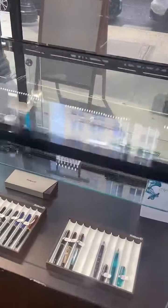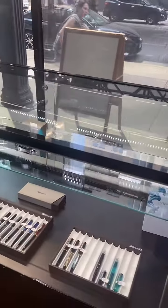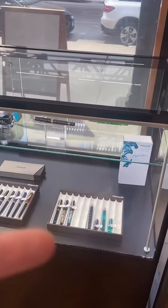So let's just walk around and show you what we've got. If you have any questions or want me to hold something up and show you anything deeper, just let me know. How our cases are sorted up here is by brand. So if you look right here, we've got